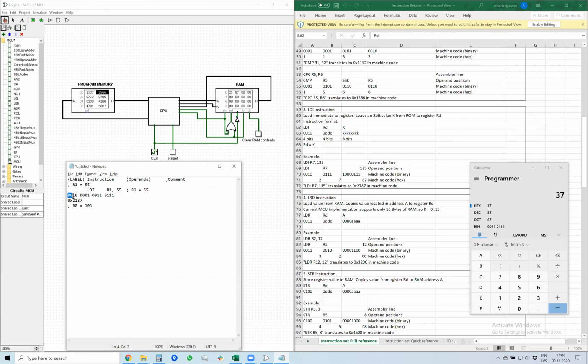Then we need to translate it one-on-one to assembly, then to machine code, then write this machine code in hexadecimal numbers, type it into our program memory, execute it, and check if it's correct. So now you do on your own the second instruction R0 equal to 103. Try to do it yourselves and try to run it on the CPU